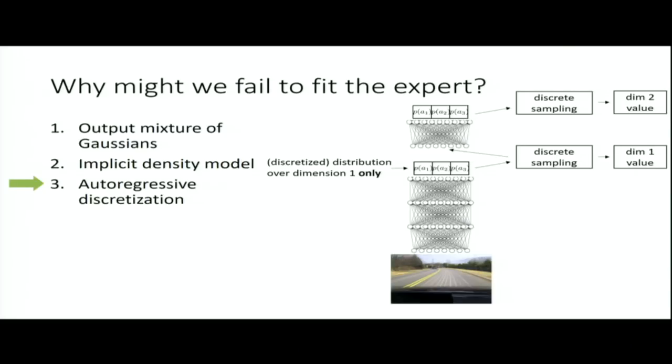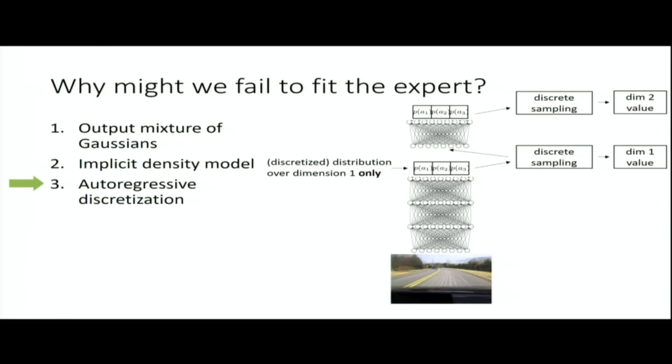Do you include all previous dimension values for subsequent dimensions? Yeah, so in general, if you want to be able to model the full joint, then technically every single dimension needs to get as input everything that came before it, because you want the probability of dimension 3 given 2 and 1 and so on. If you know something about independent structure in your actions, like something about the problem tells you that some actions are independent of others, then you can exploit that. But in general, you have to feed everything. There was a question back there first. Do the different layers share the weights? No. In general, in this case, the different layers would not share weights.